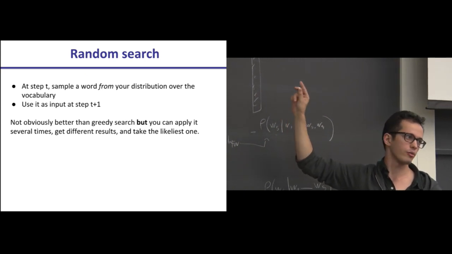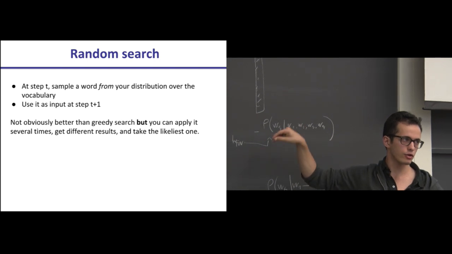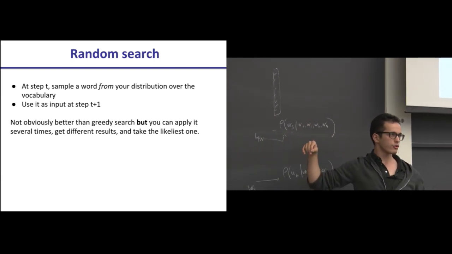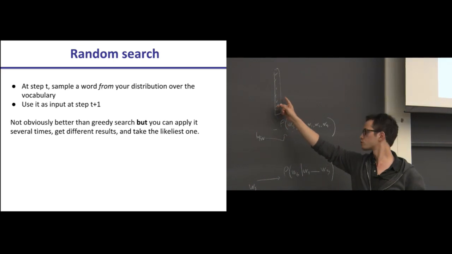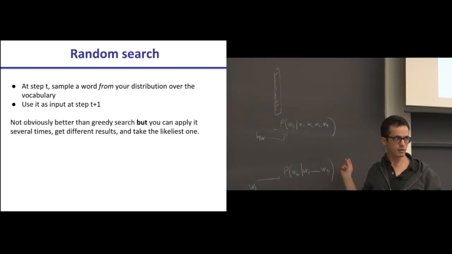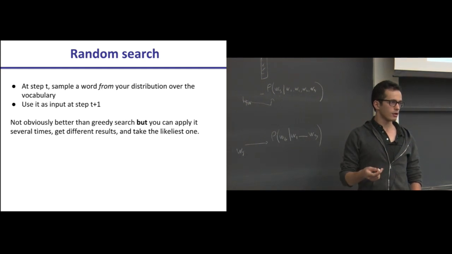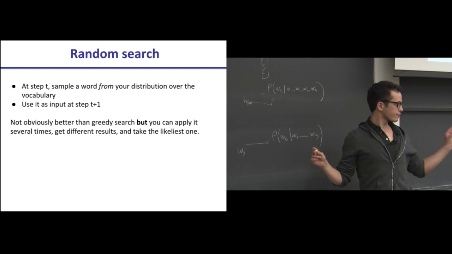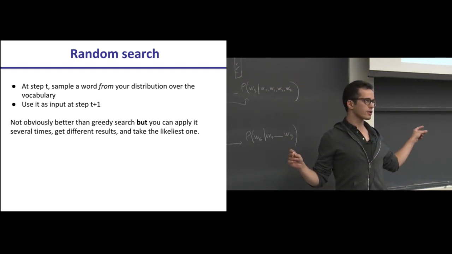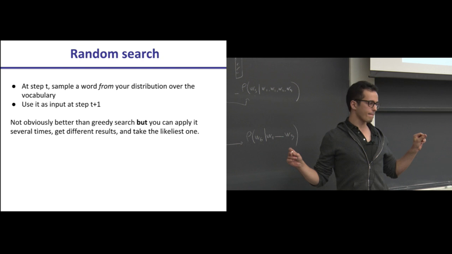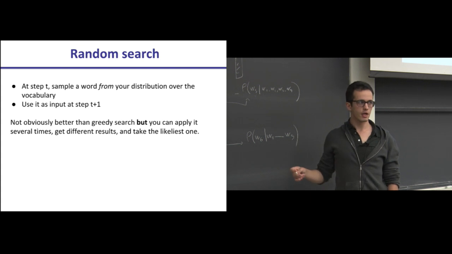And in particular, if you have a couple of likely words, if you do this process 100 times, you're going to select both. So if one happens to be much better for the prediction of everything else, you're going to meet it at some point. So that's kind of why random search, if you do it once, it's not very good. If you do it many times, you can look at the probability of the whole sentences many times. So it's kind of an approximation of the thing I said when I said you have to try all of the sentences to know which one is the likeliest. Here you don't try all of them, but you try a lot of them that you sampled